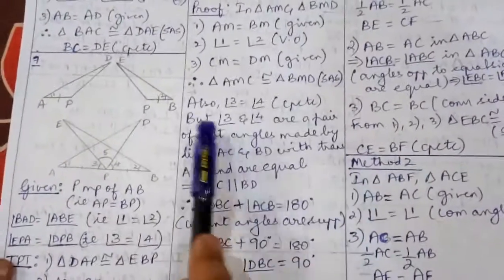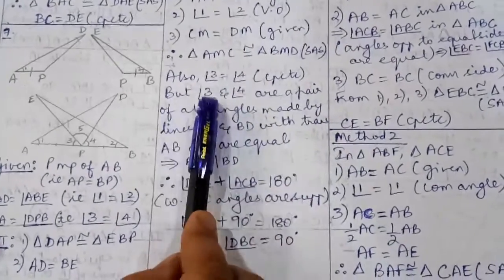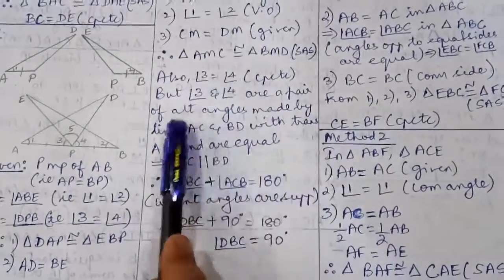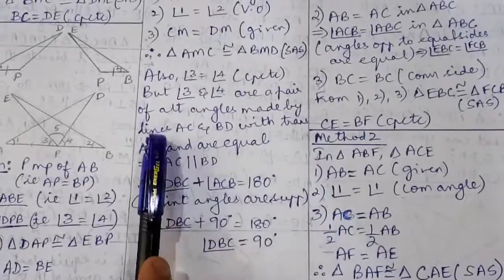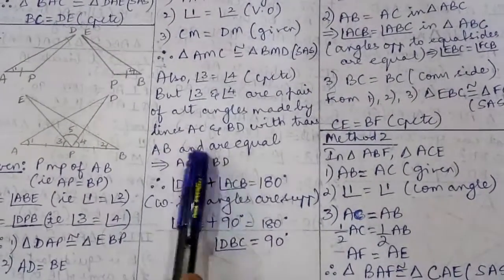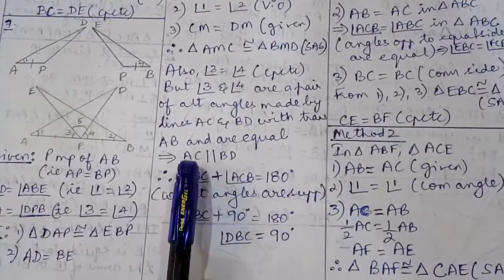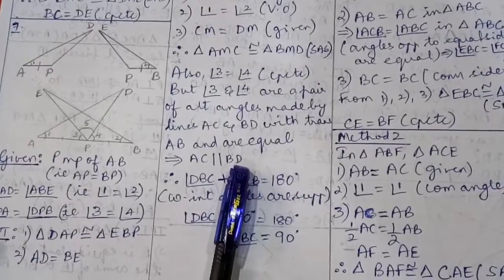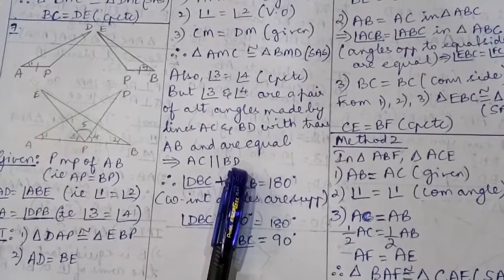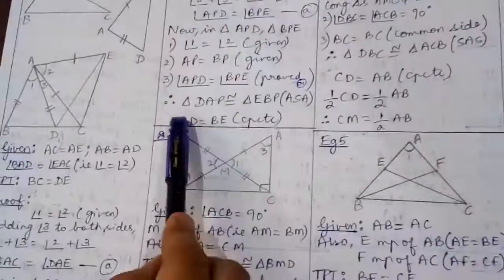That's what you see here. Angle 3 equals angle 4, CPCTC, but angle 3 and angle 4 are a pair of alternate angles made by the lines AC and BD with the transversal AB and are equal, and the alternate angles are equal, which means the lines AC and BD are parallel to one another. So now that we have proved AC is parallel to BD,